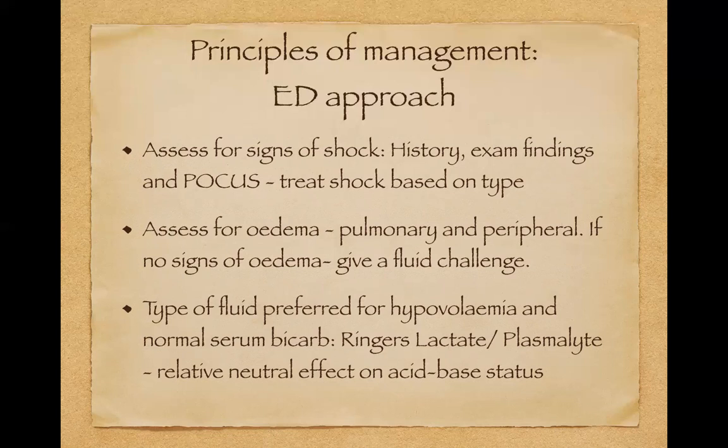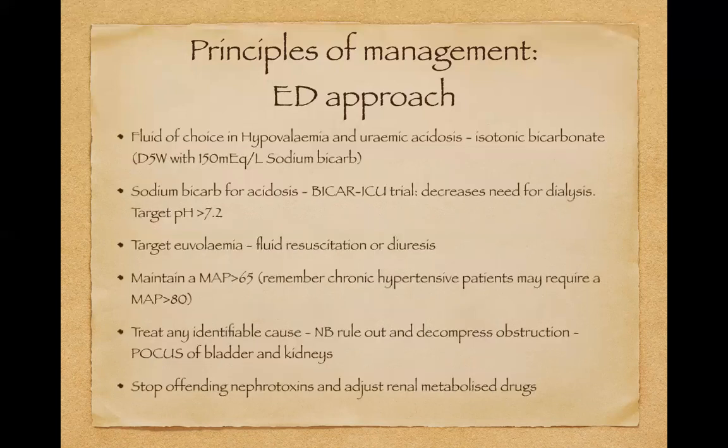The type of fluid that is preferred for hypovolemia and a normal serum bicarb is a balanced isotonic crystalloid, your Ringer's lactate or plasma-like, because it has quite a neutral effect on the acid-base status and won't exacerbate the acidosis further. And when these patients present with hypovolemia and uremic acidosis, I know they often talk about the bicarb cocktail. So isotonic bicarbonate is the fluid of choice, which is dextrose 5% water with 150 milliequivalents per liter of